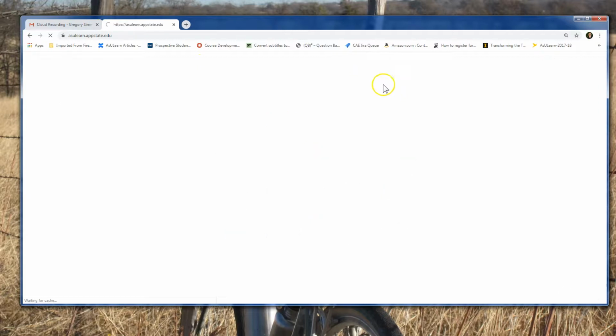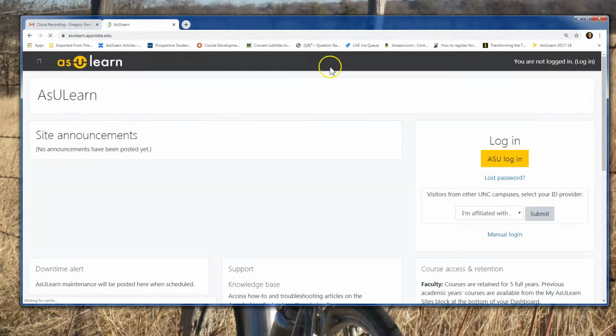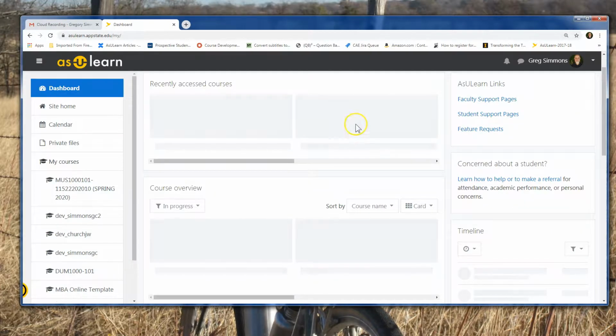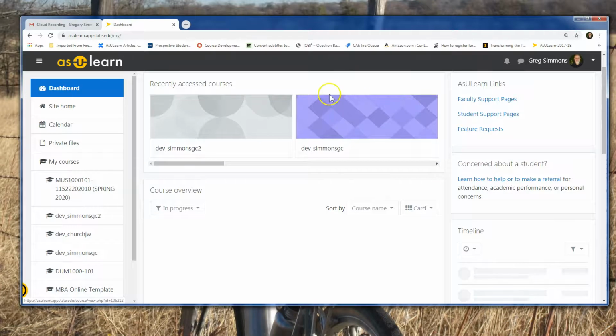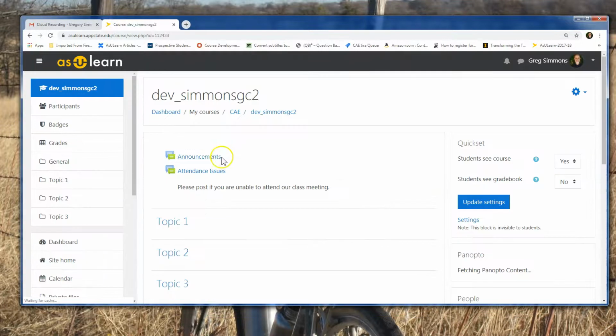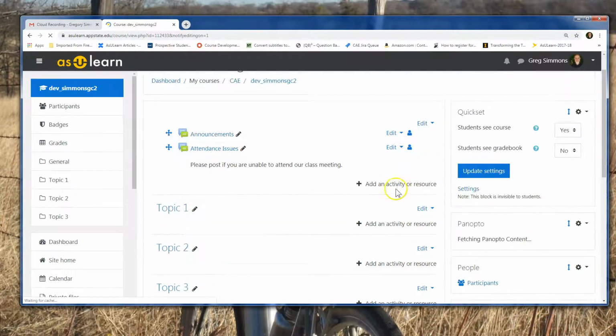and put this in as a URL. Students can click on the link. I'm going to log into As You Learn here. Students can click on the link and they can watch that recording of that lecture we just did. So I've got a little test course here I'm using for this example. I'll drop in there. I'll turn editing on. And for the sake of this example, I'll just add a URL,